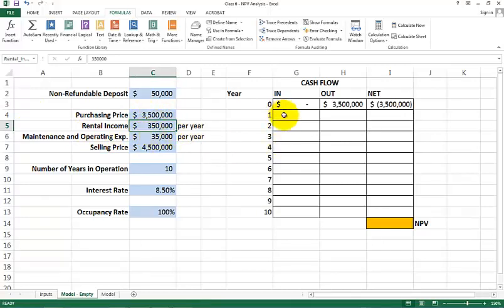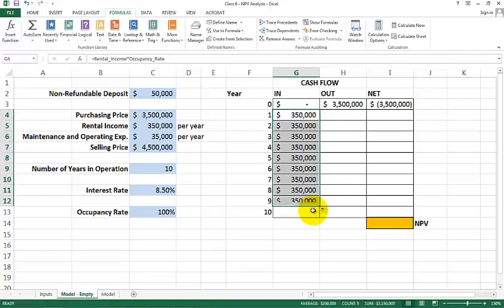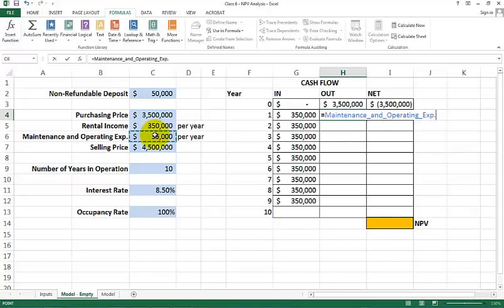So now when I'm trying to write my cash flows in and out, look what happens. Well, this is going to be rental income times occupancy rate. And now if I give a name to a cell, that acts as an absolute reference, so I don't need to worry about pushing F4 or adding dollar signs. I just simply copy paste it all the way down and I get my values, and the cash flow out is going to be maintenance and operating expenses. And then I do that again all the way down,